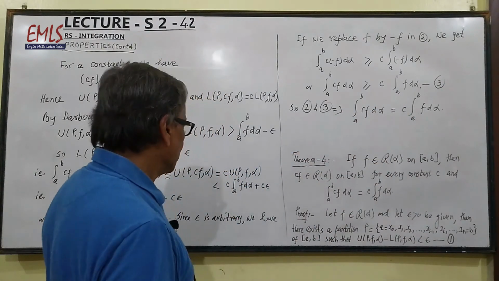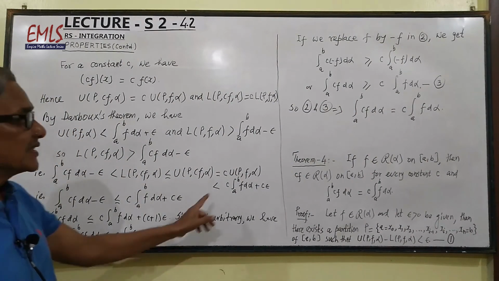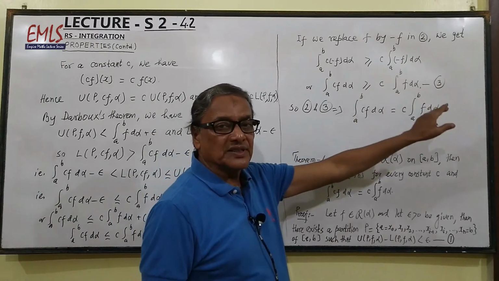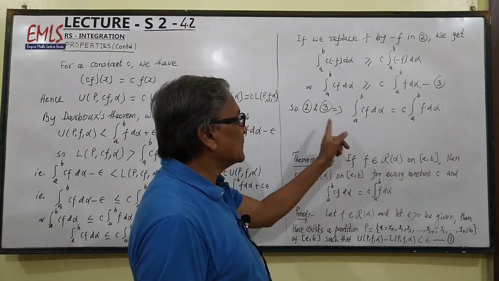Number 3. So 2 and 3 imply: here it is less than or equal to this, and in 3 it is greater than or equal to this. So equality will follow. So 2 and 3 imply the integral from a